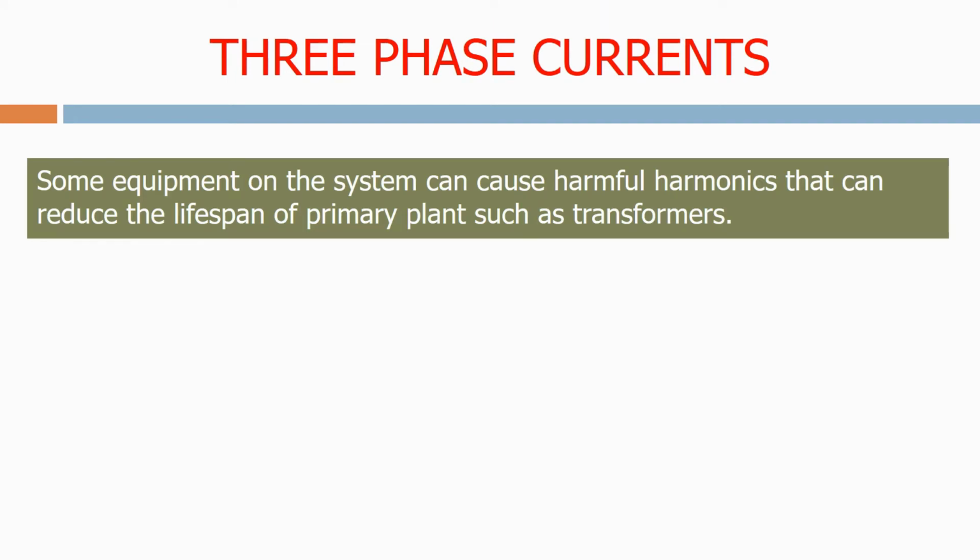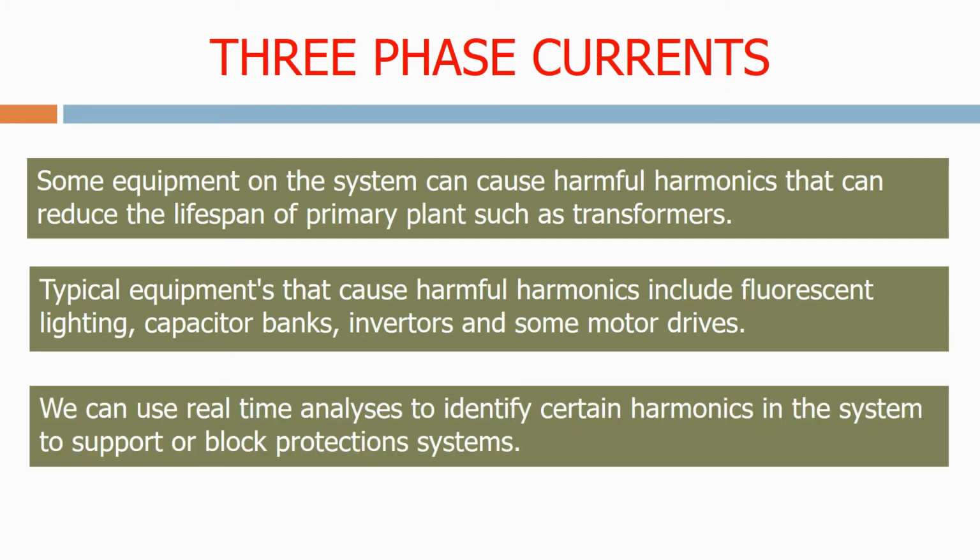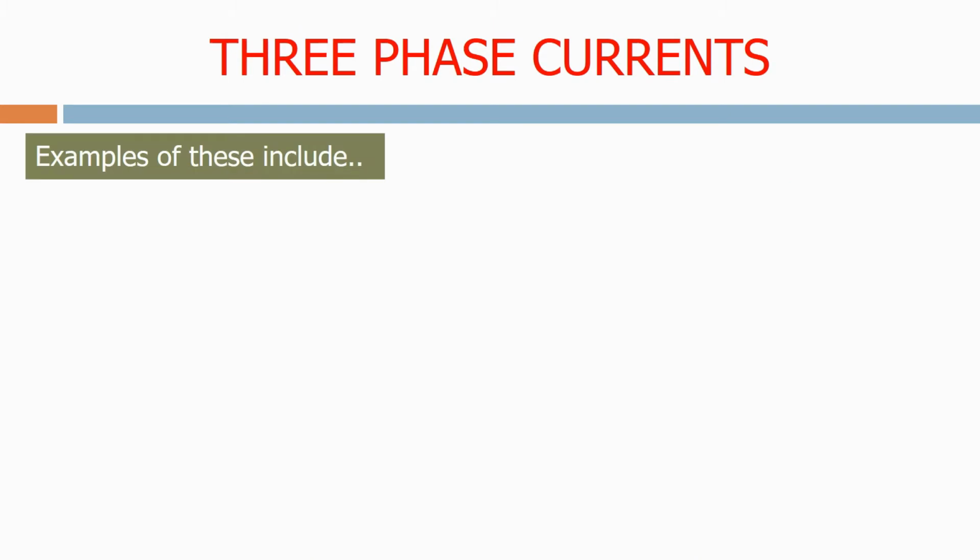Some equipment on the system can cause harmful harmonics. They can reduce the lifespan of primary plant, such as transformers. Typical equipment that causes harmful harmonics includes fluorescent lighting, capacitor banks, inverters, and some motor drives. We can use real-time analysis to identify certain harmonics in the system to support or block protection systems. Examples of these include